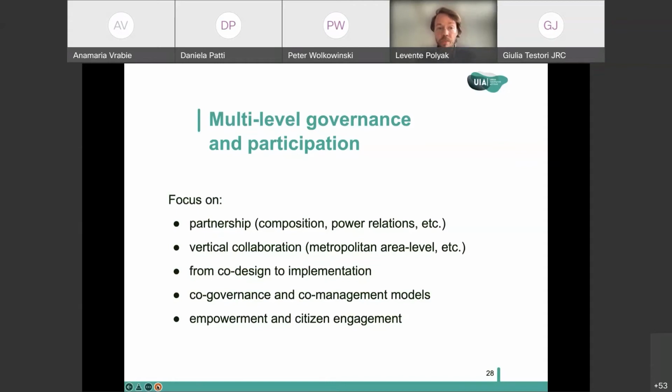Of course, vertical collaboration between a city, metropolitan area, managing authority, sometimes a region, sometimes national authorities, can be very important, although we saw that it's not very often the case that, for example, cities would have a very strong relationship with the national authorities, much more with the metropolitan areas and other more